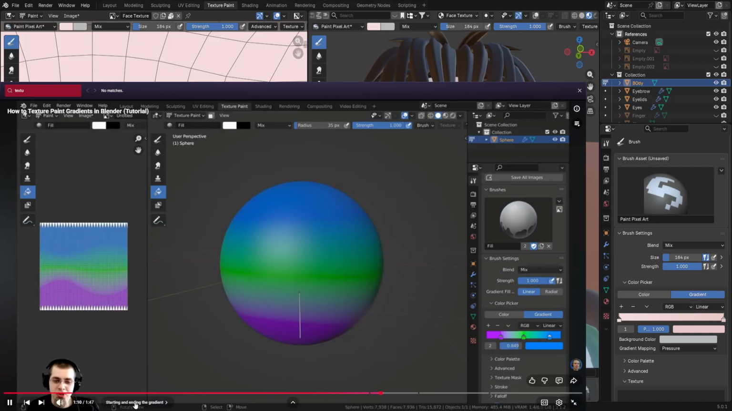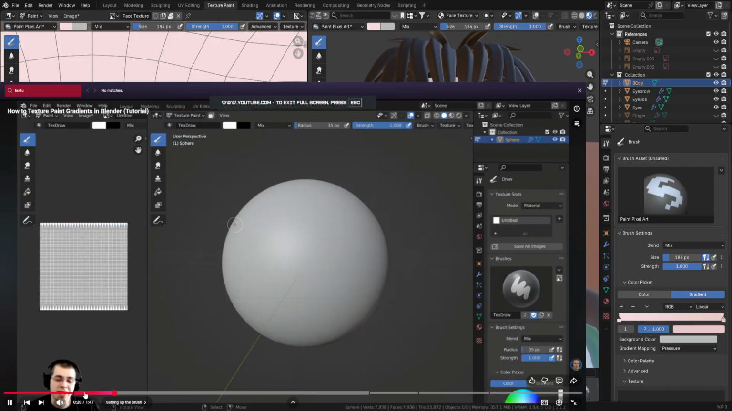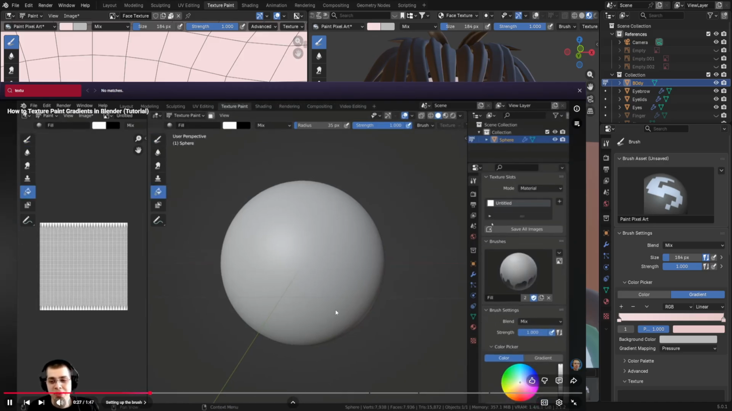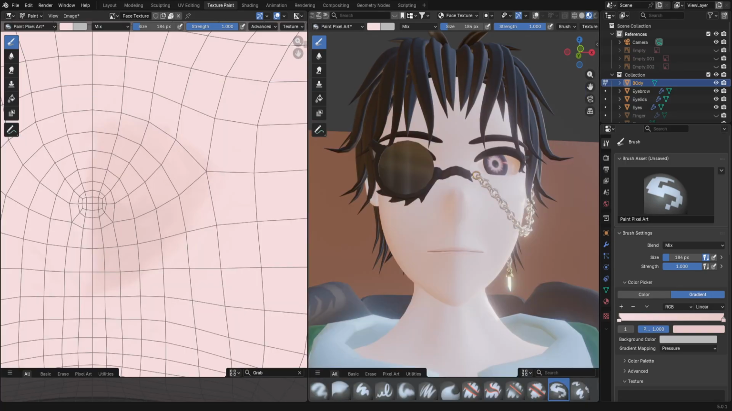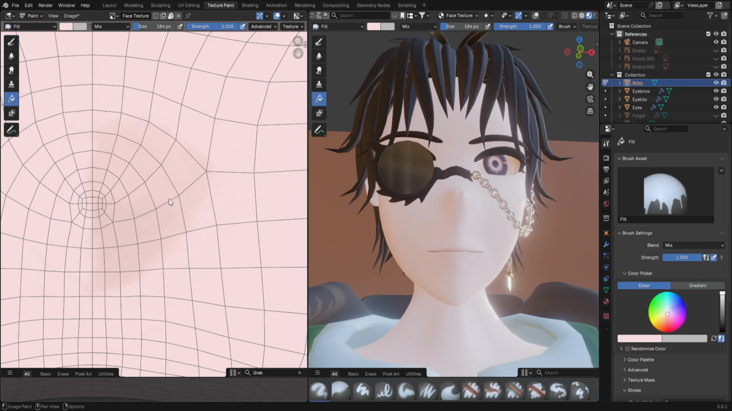Then switch to texture painting mode. Now to set up your brush so that it will paint a gradient, you're going to click right here on the fill tool, and then you're going to go right down here. Okay, so let me make it smaller again. You know, actually just hide this. So if I click on this one,